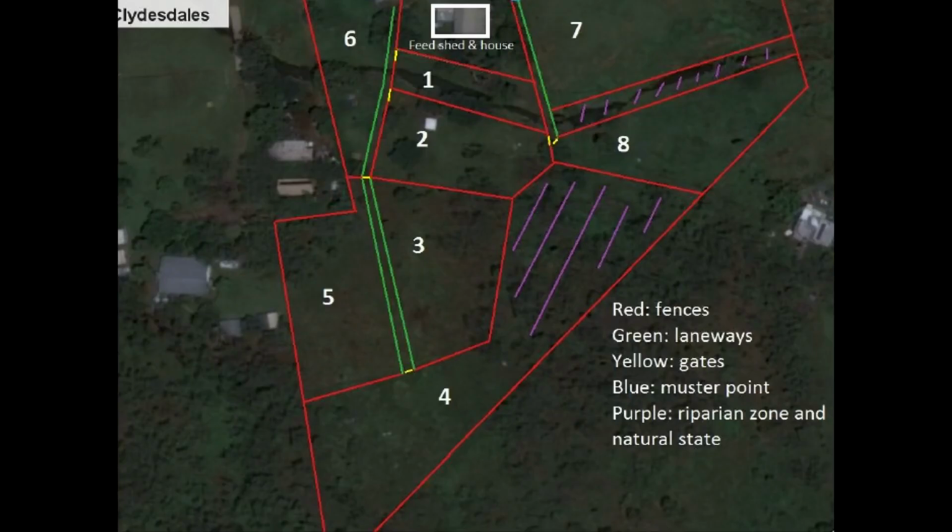Here's a picture of a rotational grazing system with laneways. The laneways are in green. I have 2 muster points where the horses are yarded overnight, which are in blue right at the top of the screen. There is a little bit of purple shaded area on the right, which is along a creek, and